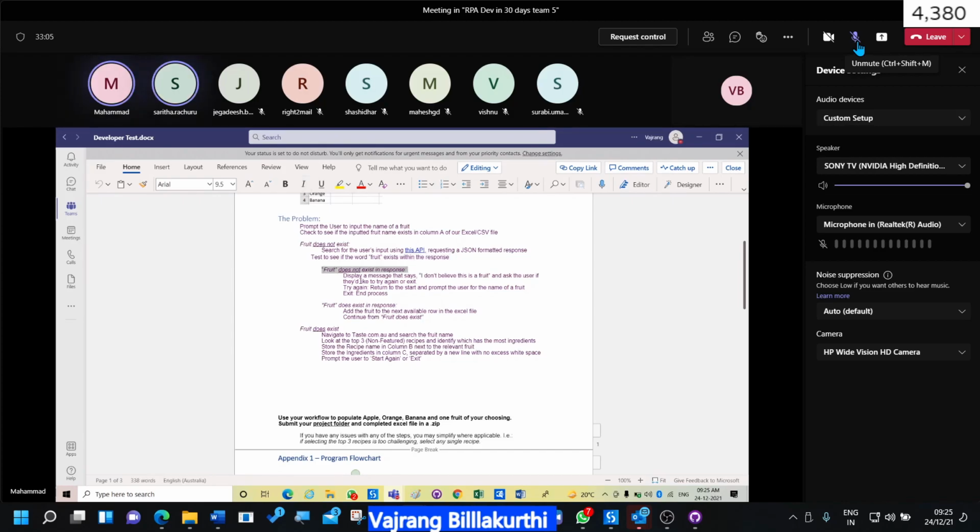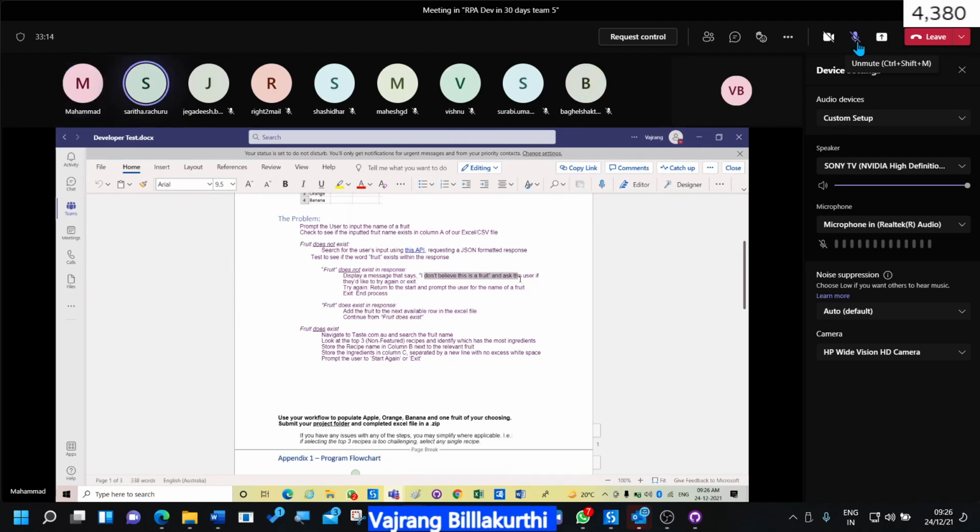If it doesn't exist in the response, it has to prompt the message that it's not a fruit. If they want to try with another fruit name, we need to use the input dialog. Fruit does not exist in response.